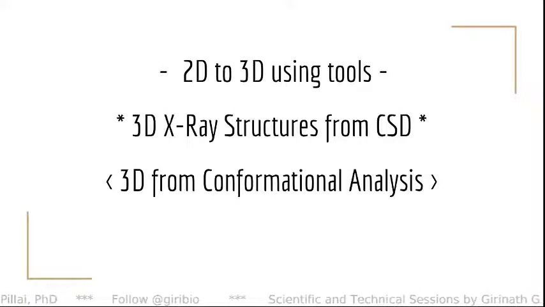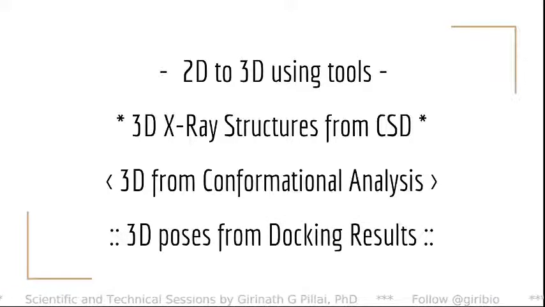Then 3D structures from conformational analysis. That's also there, where you can use tools like Balloon, and Avogadro has the functionality. In most cases they use the MMFF force field for conformation generation. And finally, we can take 3D poses from docking results when you go for biological activity and relate it with your binding affinity. So that's where you want a biologically relevant, stable 3D conformation of your ligand or compound